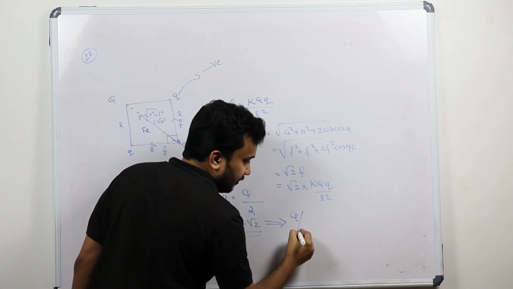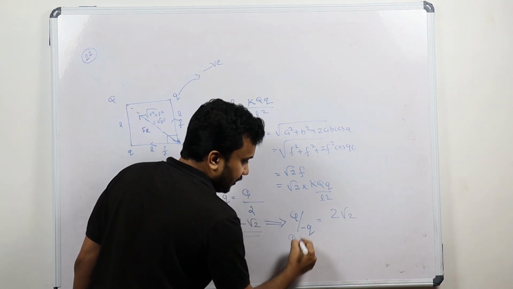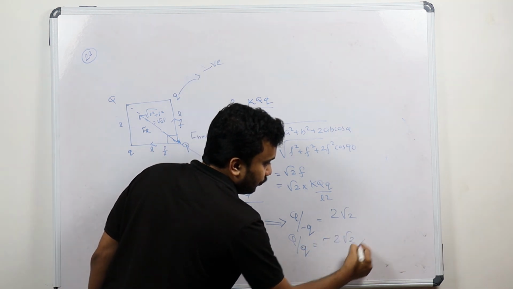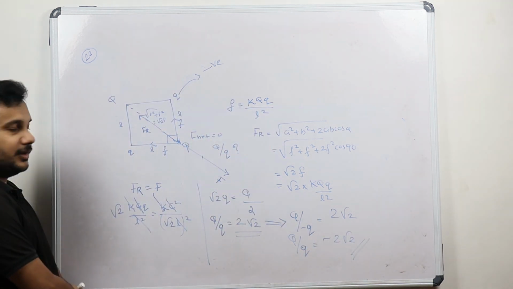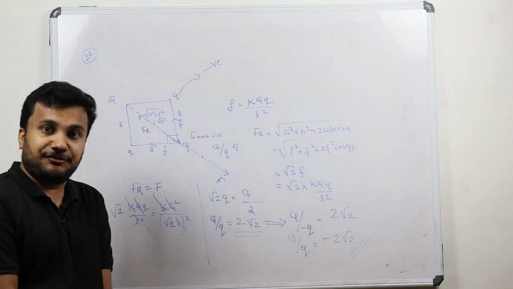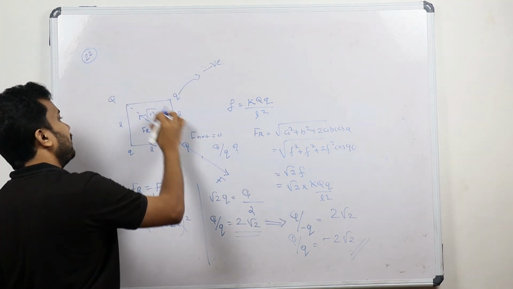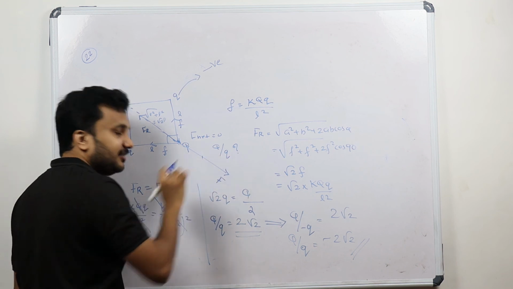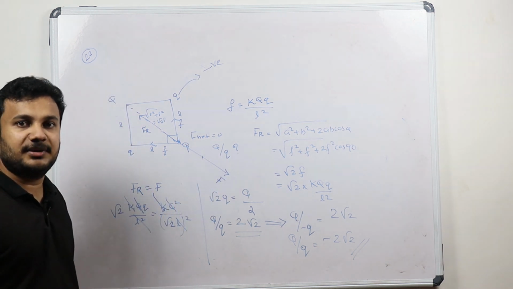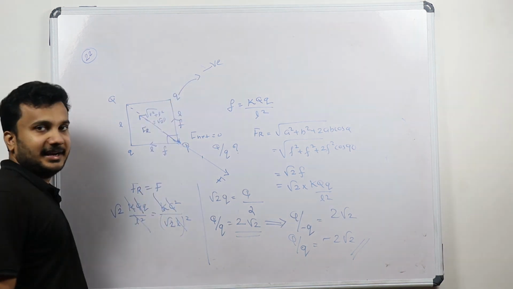So Q divided by minus Q is what we are getting, 2 root 2, or we can say Q divided by plus Q, if you are taking, is minus 2 into root 2. Okay, here Q should not be a positive charge. Q definitely should be a negative charge. Then only this force and this force all together, Fr, will be equal to this F. If those two forces are acting in opposite directions, both have to cancel each other. Then only this will exist. For this one, this should be a negative charge.